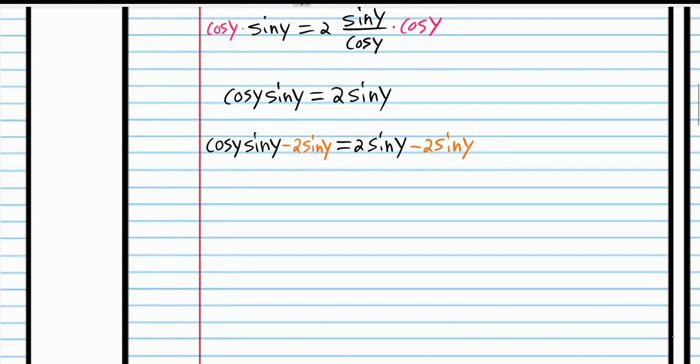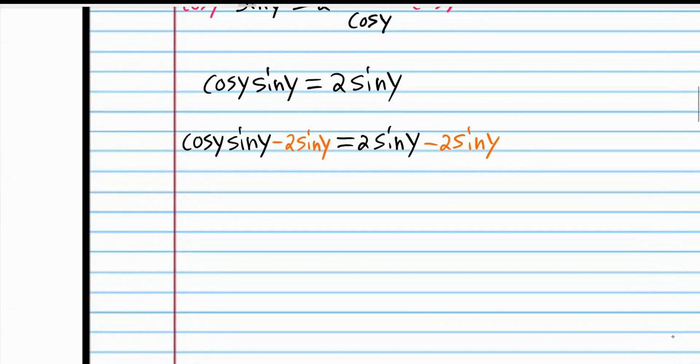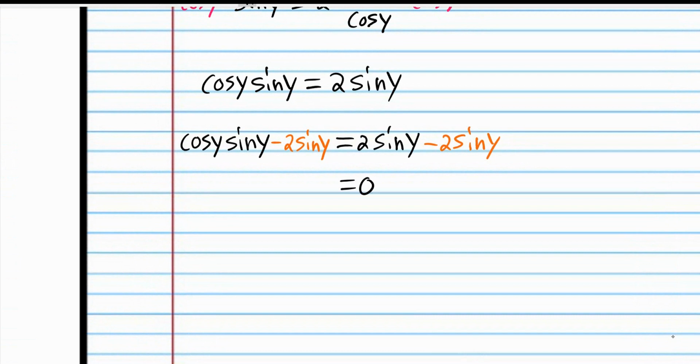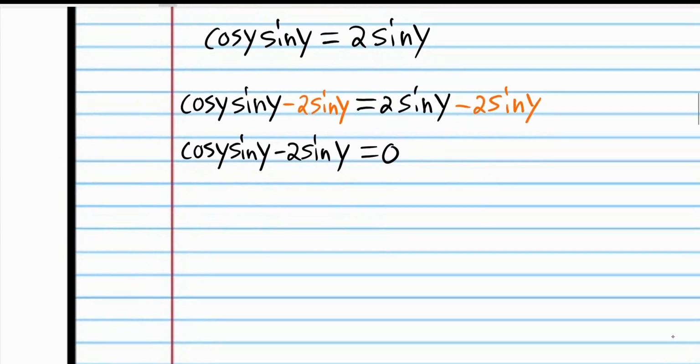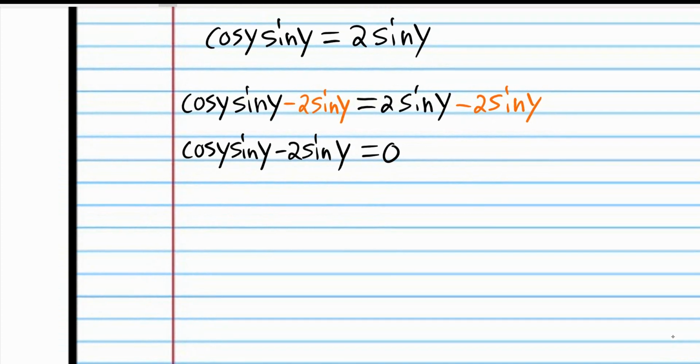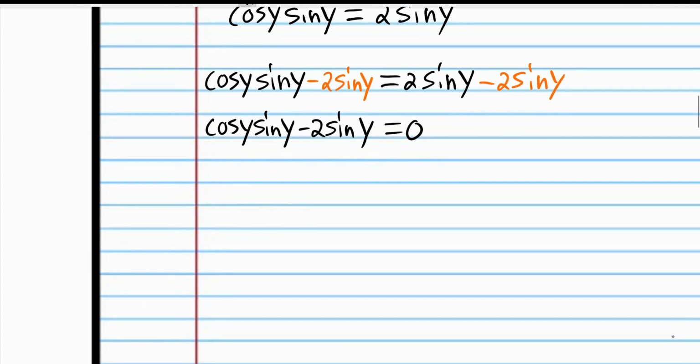So I'm subtracting 2 sine y from both sides of the equation. And over here, of course, I get 0. It still may not be apparent why we're doing this. But now we're going to factor sine y. We're going to notice we have a sine y in each one of these terms. I'm going to factor the sine y, and whenever